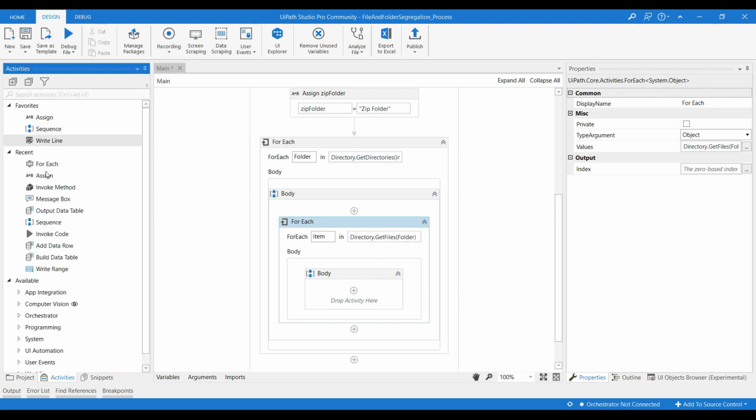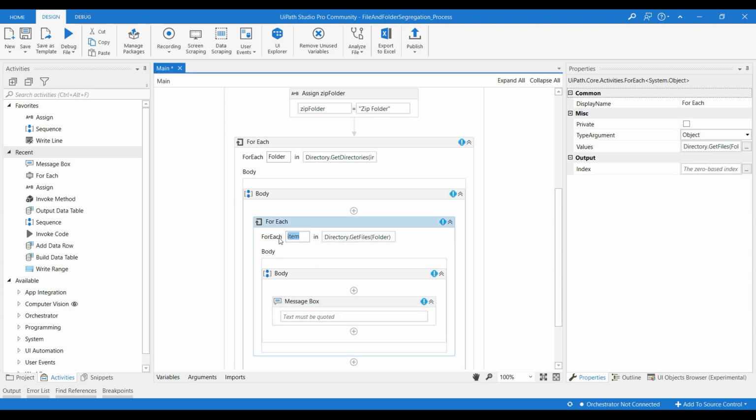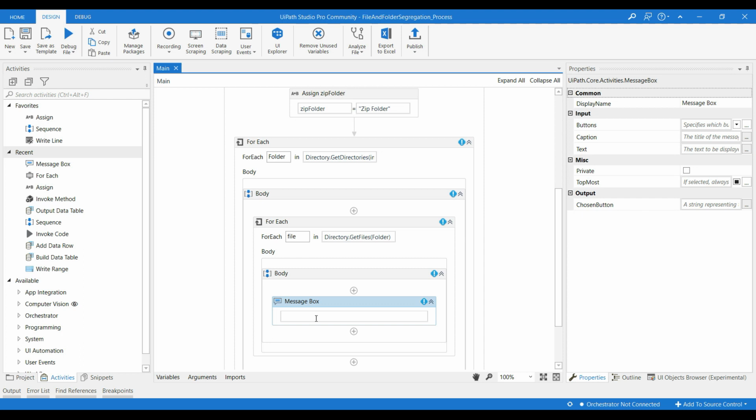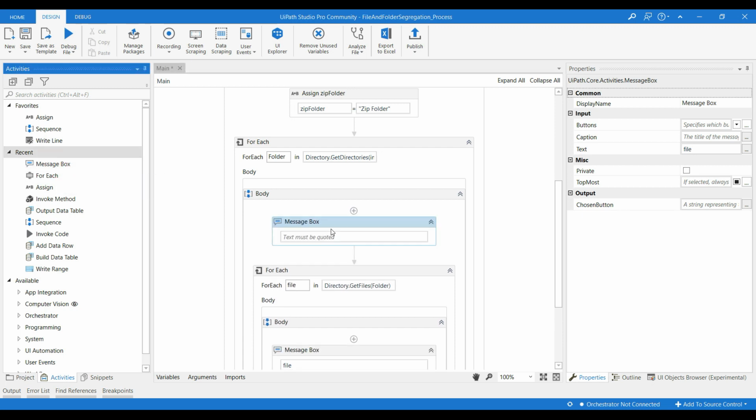With that said, you can change the default name to file so that it's more readable, and then just give it as name, and I'll take another message box and say folder. If I try to execute this,